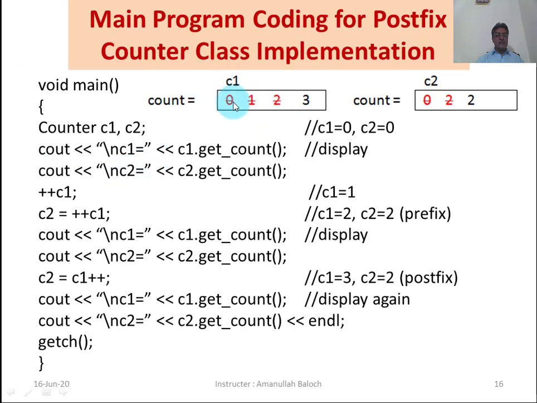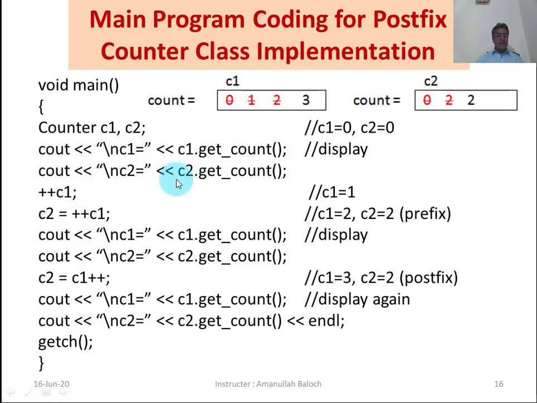So this starting value 0 of count attached with C1 is given to count by the constructor, and this value of 0 given to count attached with C2 is also by the constructor of the counter class.